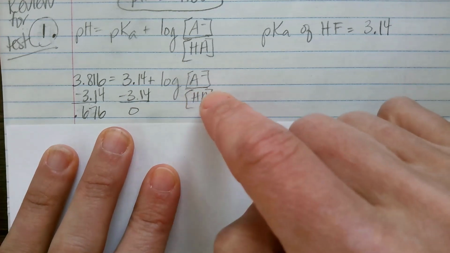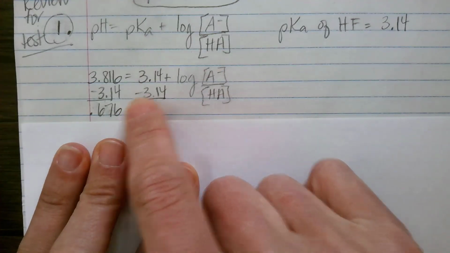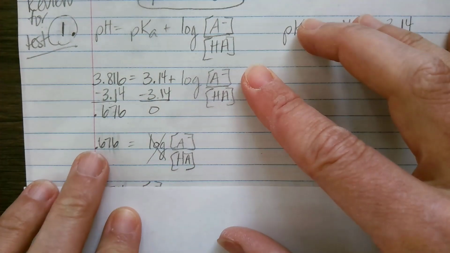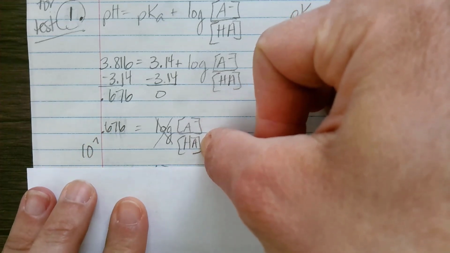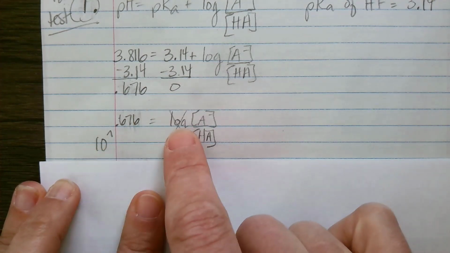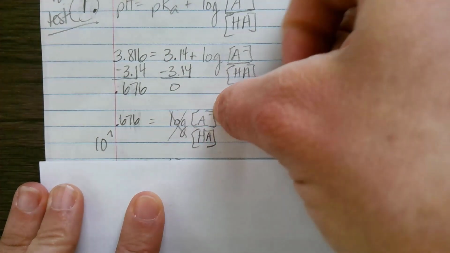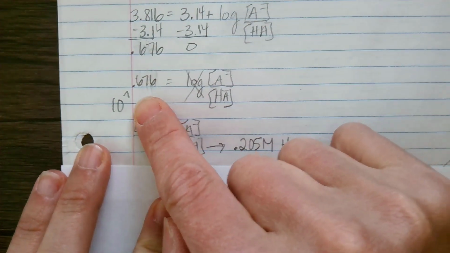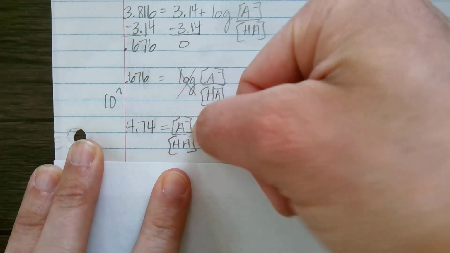Yes, we are given the HA concentration, but let's just solve for this piece here and then work. So I'm going to subtract the 3.14 from both sides, and I get 0.676 is equal to the log of the concentration of our salt over the concentration of our acid. Now, to get rid of the log, we need to take both sides, and we know log is base 10, so 10 raised to the 0.676 will just give me the concentration of salt over concentration of acid. So 10 raised to the 0.676 is 4.74, and that's equal to the concentration of the salt over the concentration